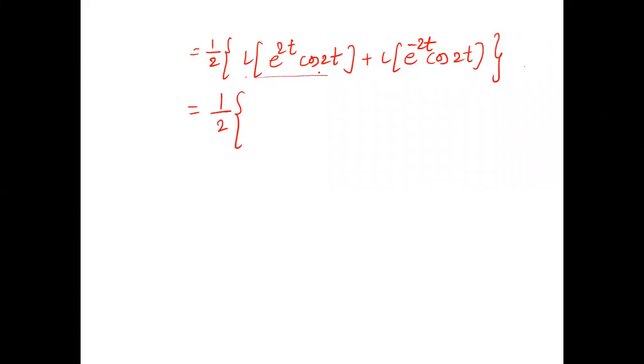Just see this function and identify that there is a first shift, right? Yes. So to apply that first shift, you have to first find Laplace of this cos. So what is the Laplace of this? I'll write it. What is that? s upon s square plus 4. I have written Laplace of this, but first shift